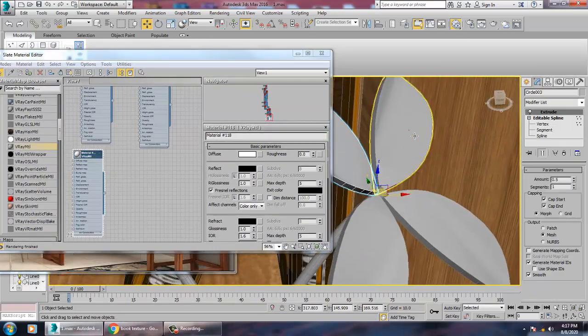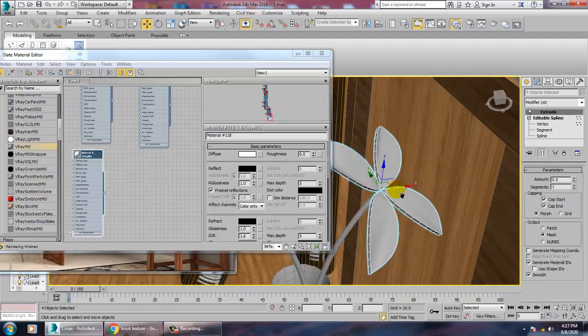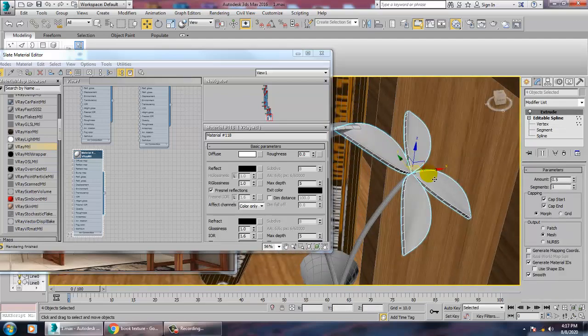We can just select this. If you have any kind of a flower texture, you can just take a leaf texture over here.